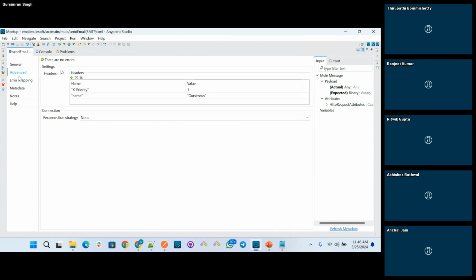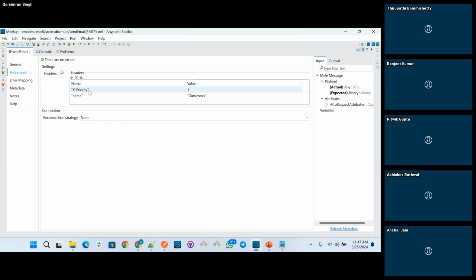I don't know what email vendor you are using in your organization. In case you are using Outlook, you must be seeing some priority emails, so you can send priority as high, low, like that. I hope everyone knows that. In Gmail you cannot see that directly, but you can see it in the details or in the message. You can define any headers you have to define while sending the email here in the advanced section.